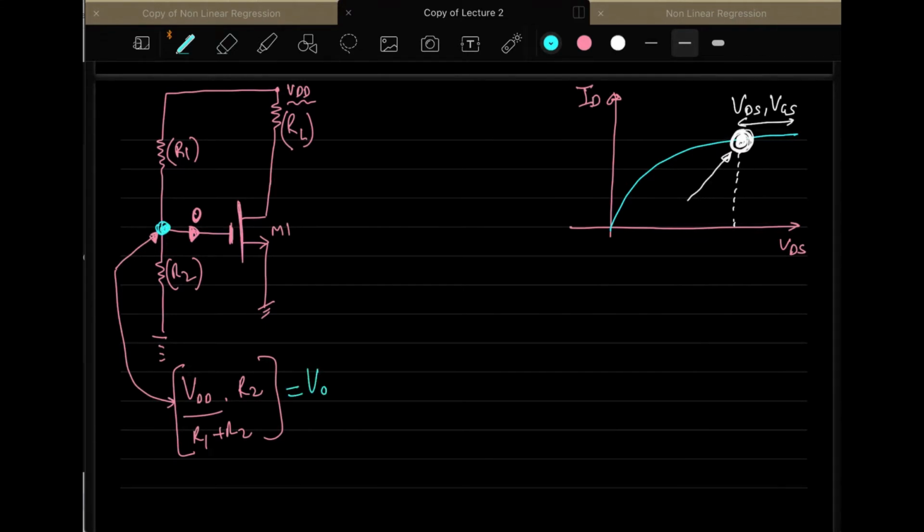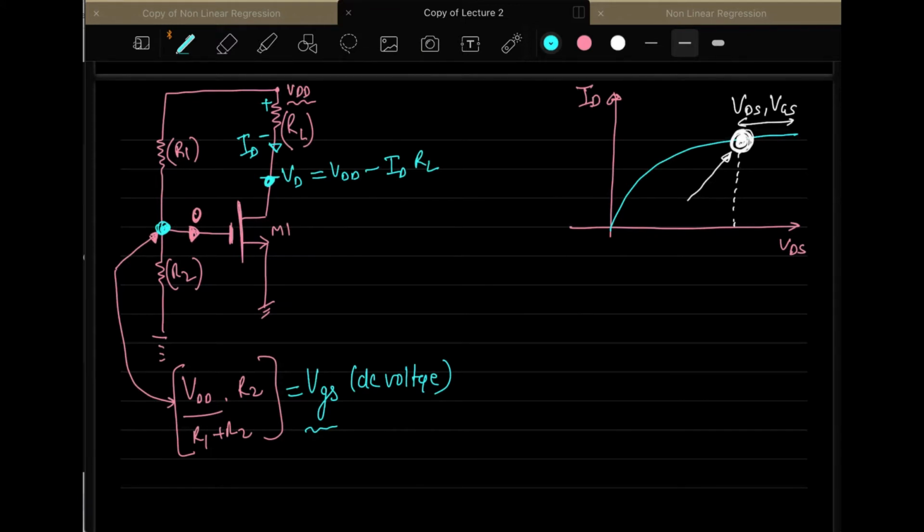This is the voltage at this point, and it is also called VGS, the DC voltage VGS. So this is calculated in this way. And this voltage is VD, and its value will be VDD minus IDRL. ID is the current flowing in the MOSFET from this side. So if you apply KVL here, you will get VDD minus IDRL. This is the voltage you have at this point.